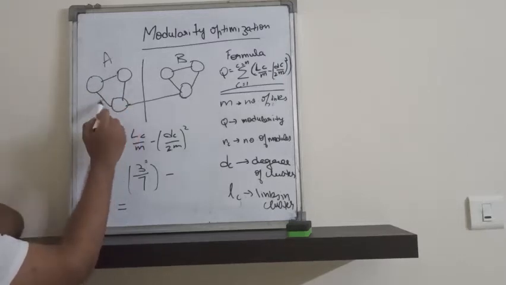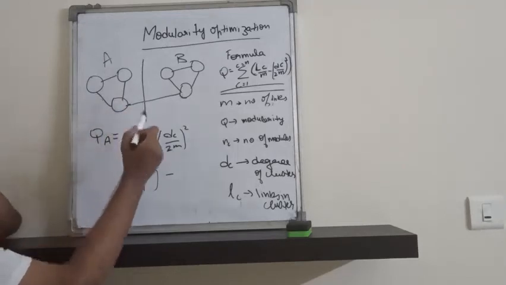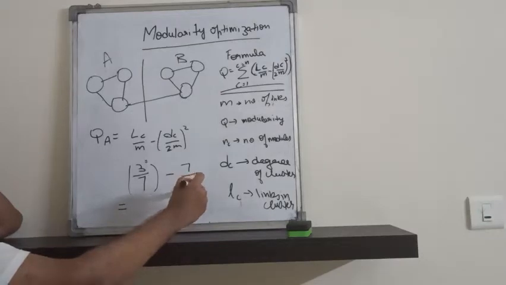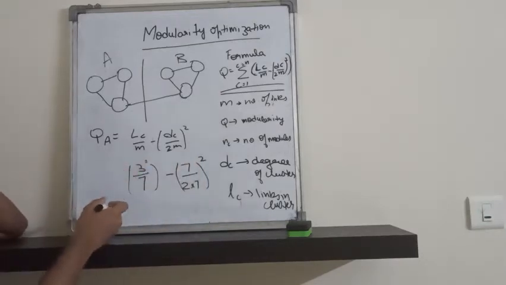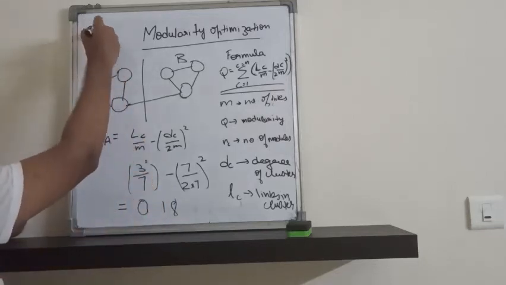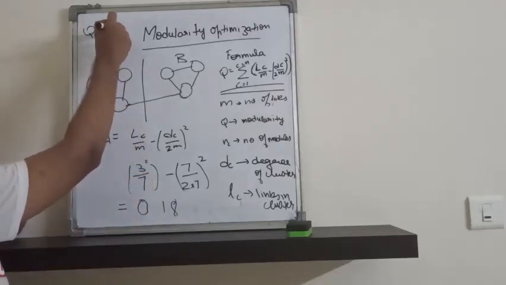The degree of the third node will be 1, 2 and 3. So that will be 2 plus 2 plus 3, that is 7. So here it will be 7 divided by 2 into 7, that is 14, whole square. This is the formula. So now this value will come out to be 0.18. Okay, so our QA is 0.18,